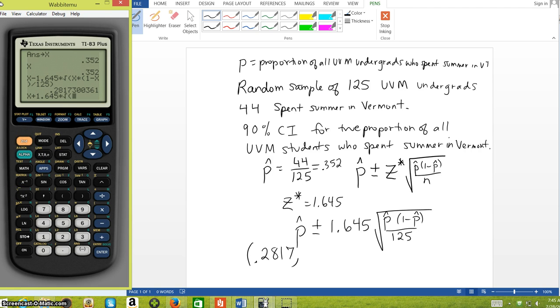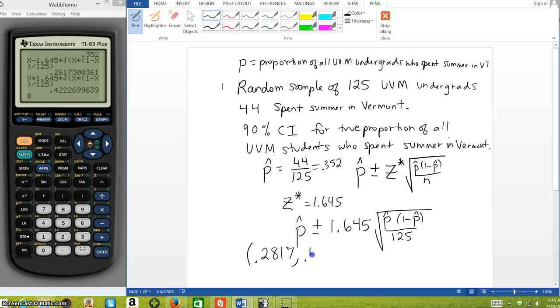Now I need my p hat again, that's stored in X. Alpha X times 1 minus p hat, that's in X. Close those parentheses and divide by 125. Then I've got one more parentheses to close. And I get 0.42226. So we'll call that, if I round to 4 decimal places,